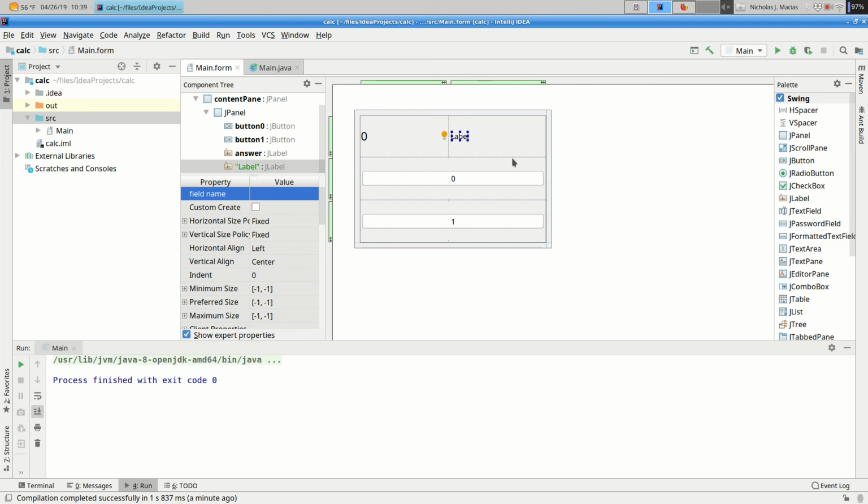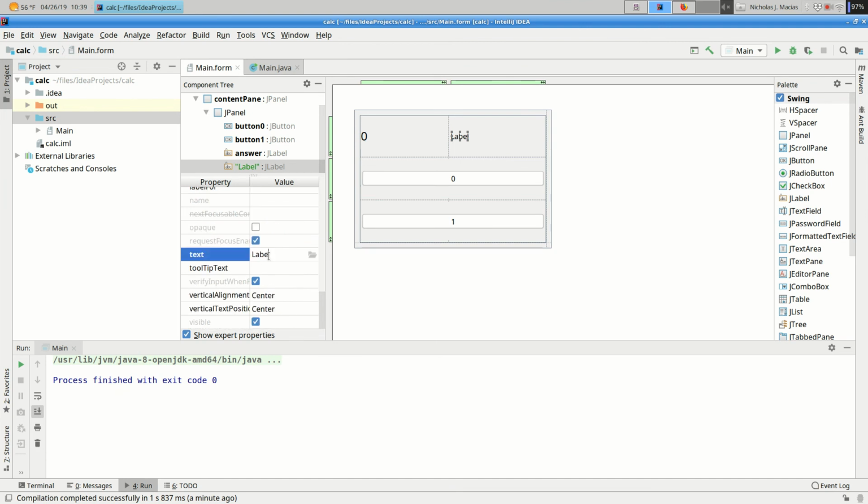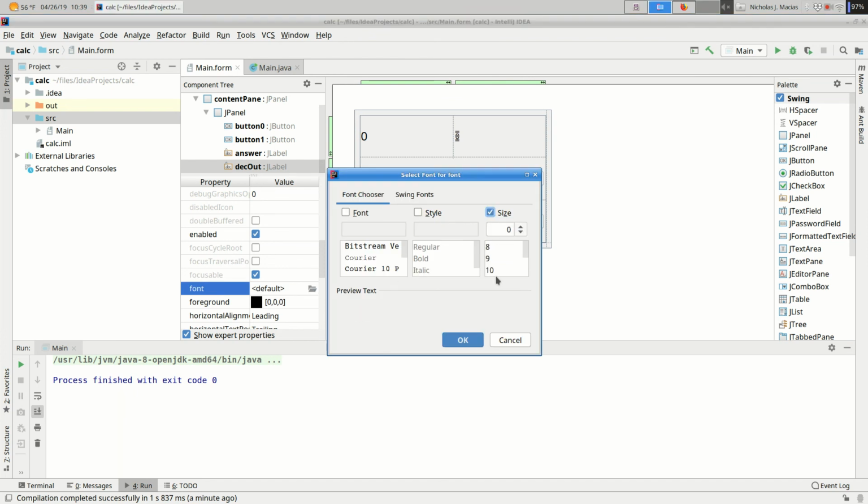So let's make another JLabel, and I'm going to call this decimal out, and I'll initialize the text to 0. And I'll set the font size to 26 also.